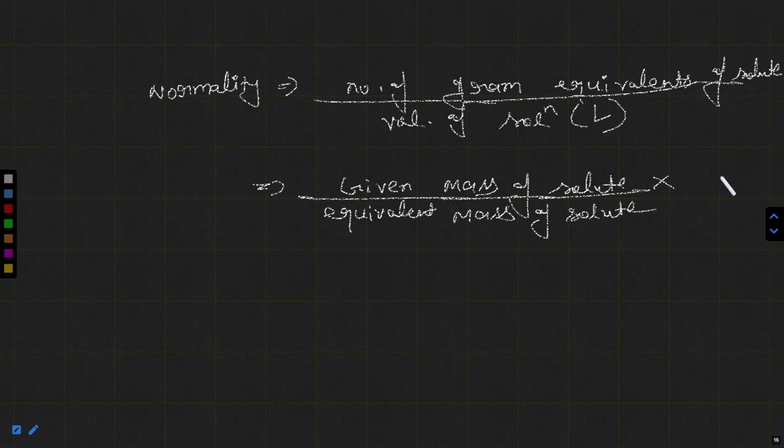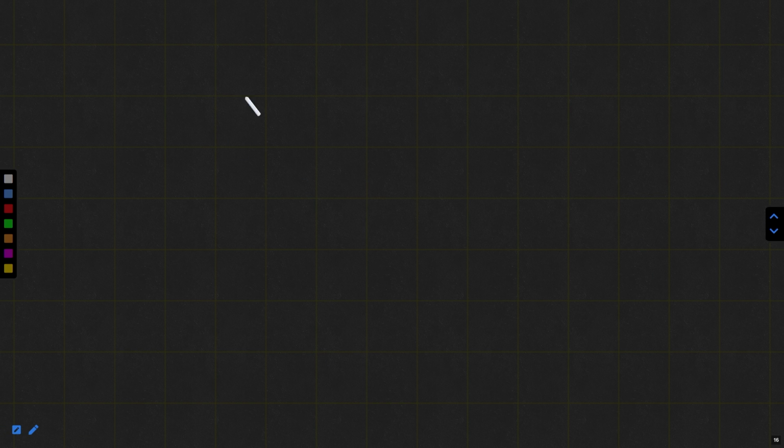And if you want to convert this volume in milliliter, you have to put 1000 here, and volume you can put now in milliliter. I am giving you the formula with 1000 and milliliter or gram because you are getting questions in milliliter when volume is given in milliliter or mass is given in grams. Okay, so given mass of solute, which is WB, and equivalent mass we can calculate with the help of molecular mass. So you can see equivalent mass is equal to molar mass divided by n factor,